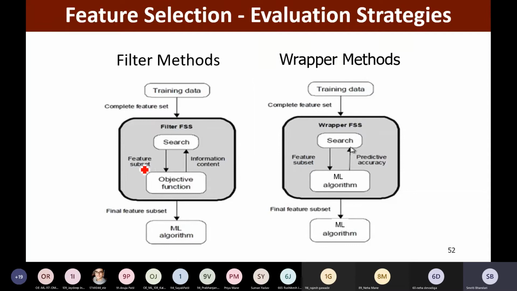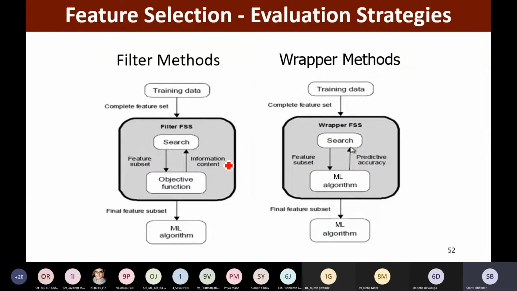This feature subset is being evaluated now. So we are having the objective functions, and based on these objective functions, the information content is being evaluated for the respective feature subset.